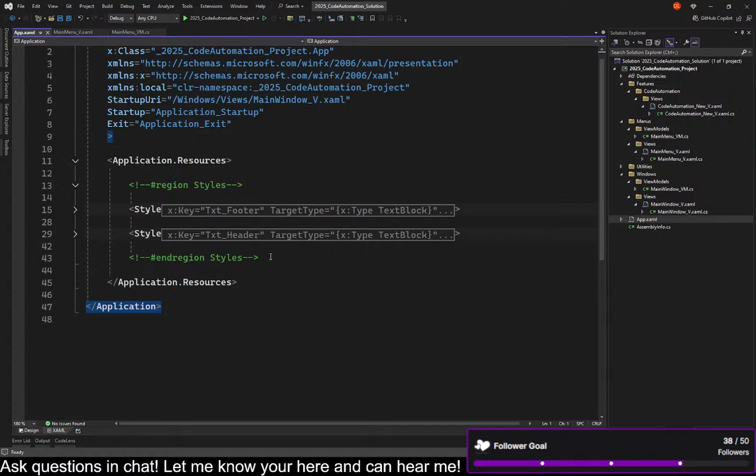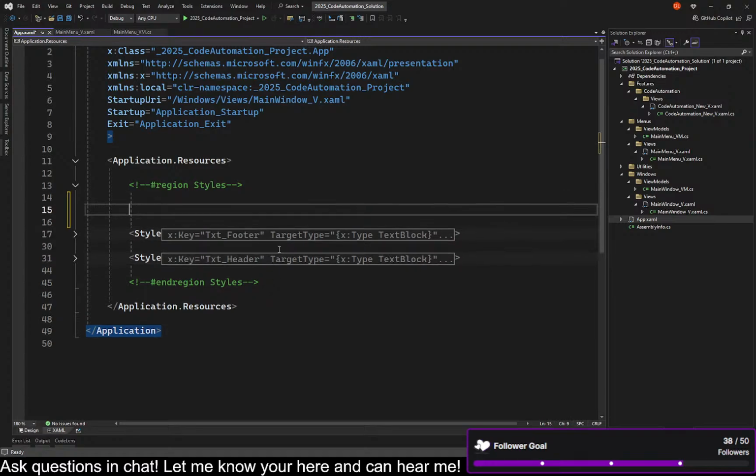Let me check some of my other code. Yeah, we're going to do a template inside of a style, and then that should work just fine. Because of the way we have this going, we have all the styles, and we'll end up with other resources in here, converters and geometry and images and all this other stuff. But to kind of split them up and really keep them